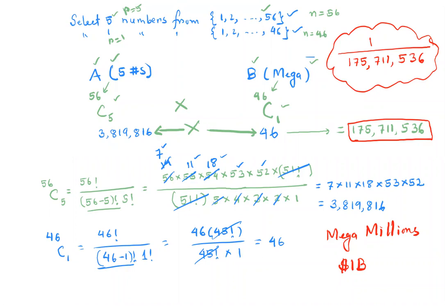And I think right now Mega Millions is like $2 or something. You pay $2 to buy the tickets. So let's say this number is 176 million to make things easier for you, okay? So if you multiply this by $2, because each ticket is $2,